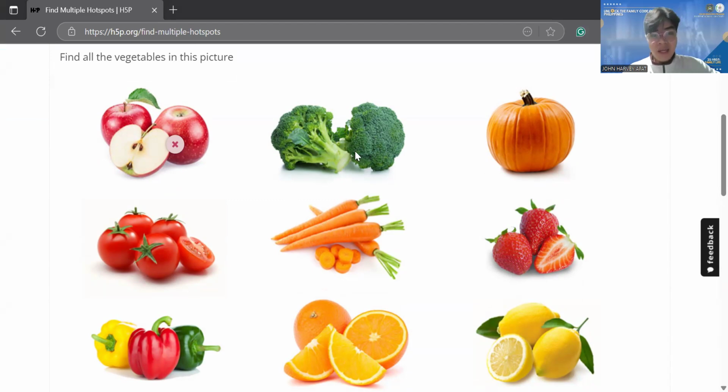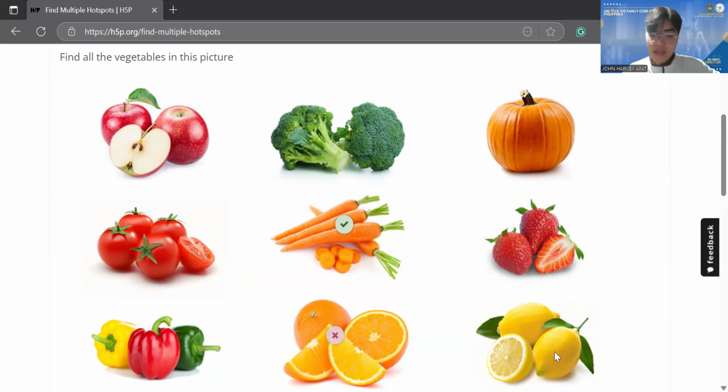Now, if we click a vegetable, for example the carrot, then the check mark would appear, indicating that you are correct by clicking the carrot. The same goes for everything else in the pictures.